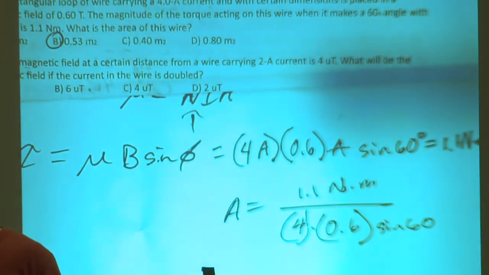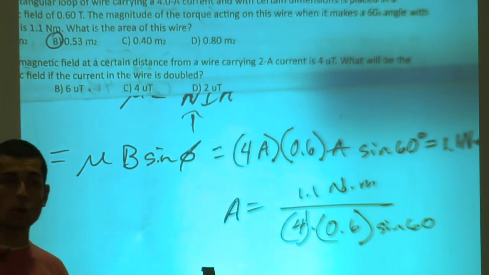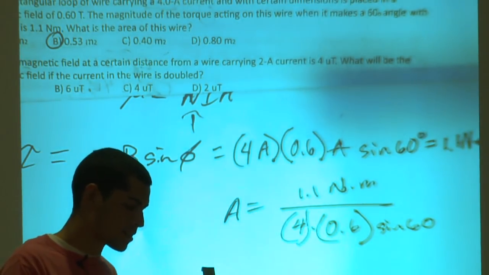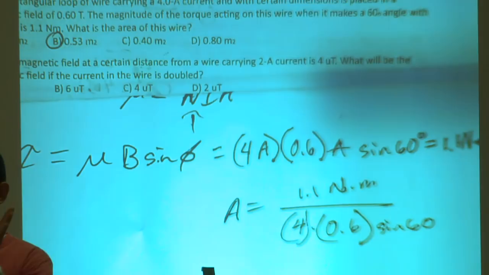In Physics 2 with calculus, when we talk about the angle between the planes, it'll be between the normal vector to the plane and the magnetic field. But sometimes the question might specifically state it has an angle between the plane